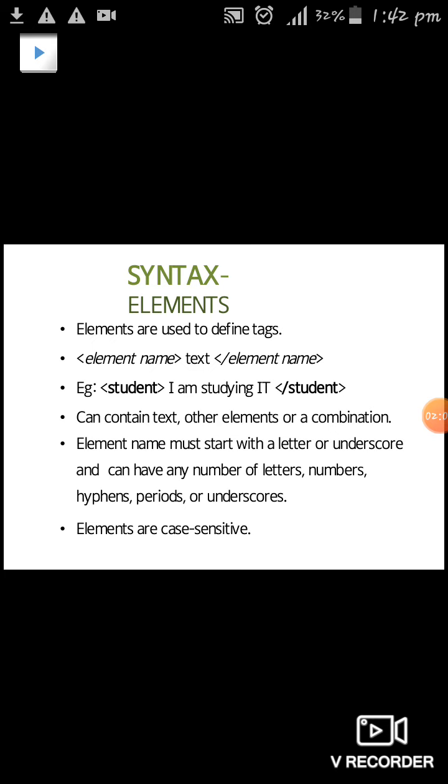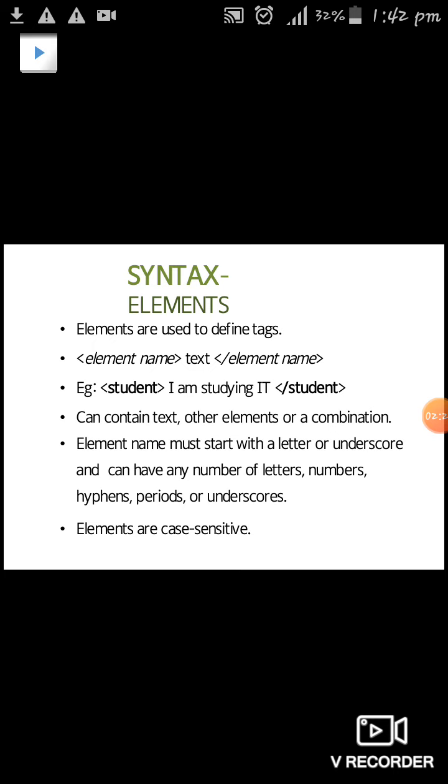They can be represented by the greater than and less than symbols, for example student, and it can be enclosed by a slash, just like in HTML where we have the opening tag and closing tag. It can also contain text or any other elements in any combination.